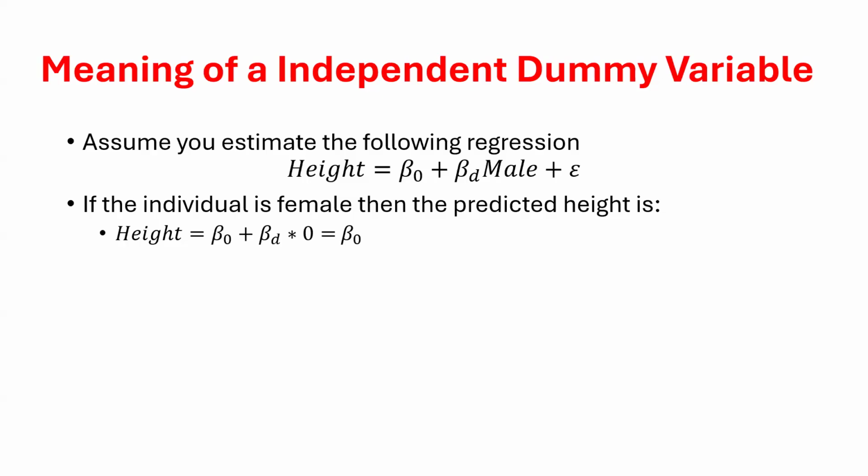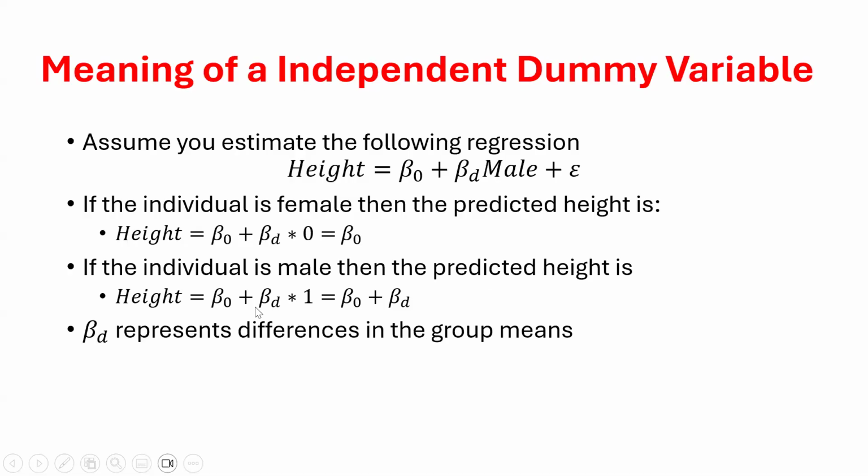Beta 0 plus beta 1. Once again, I don't know if we'll have quite enough time today. We could actually do this, right? In fact, we'll see where we get to in the slides, but maybe I'll show you an example before we end class to prove that statement to you. So if I'm thinking about the mean of my 0 group, and I think in this case I had height and whether or not they were male, the mean female height would simply be the intercept, and the mean male height would be the intercept plus that dummy variable's coefficient. Very similar to our student athlete GPA, just different variables.